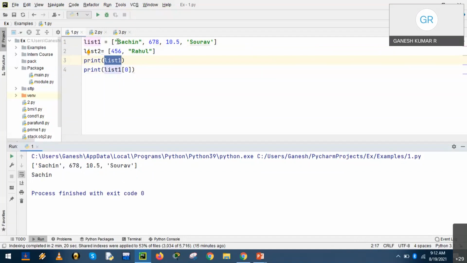A string is represented with the help of double quotes or single quotes, but Python 3.9 shows the string enclosed in single quotes. So irrespective of whether we use double quotes or single quotes, the interpreter will display the string enclosed in a pair of single quotes. Fine.